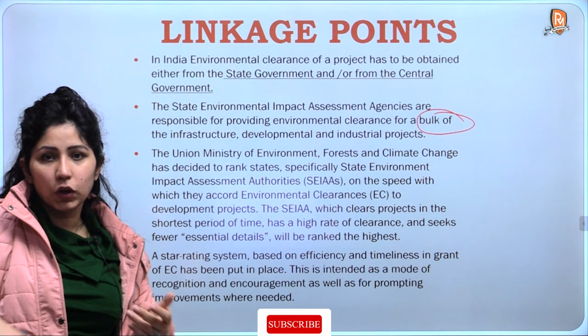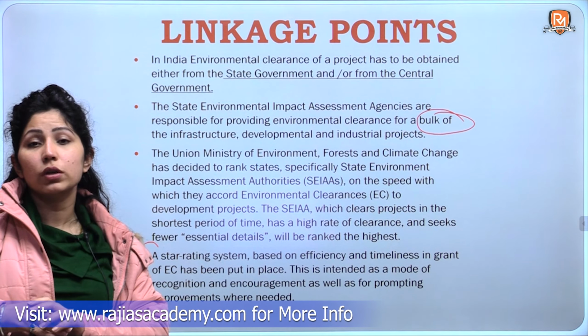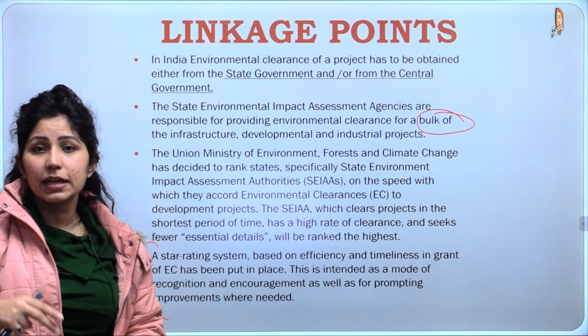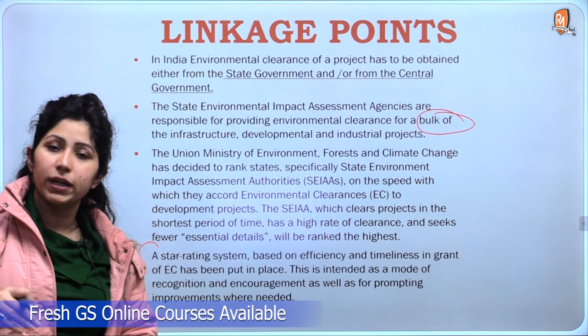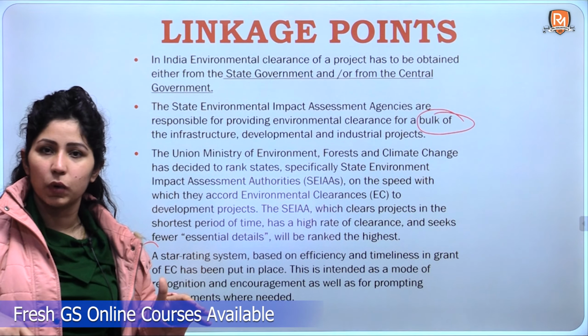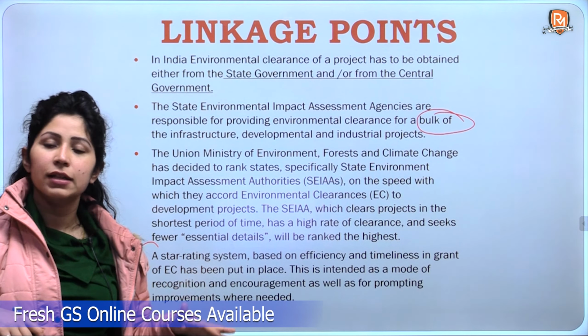Okay, so these are your linkage points. You don't have to write the entire linkage points in your answer. The answer demands only 250 words. So whatever explanation you want to give to the examiner, whatever conversation you want to build up, then just quickly proceed to the body paragraphs, which is to critically evaluate the star ranking system. You have to critically evaluate this. The highest number of words should be there in the main body paragraph, not in the introduction or linkage points. So let's proceed to the body paragraph now.